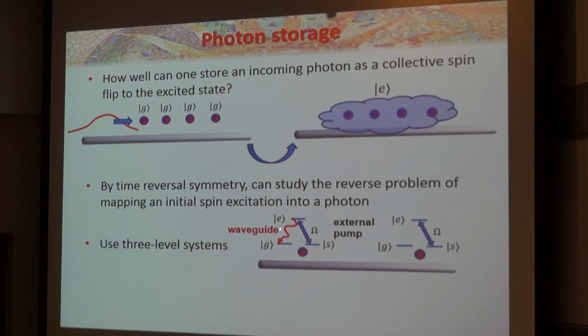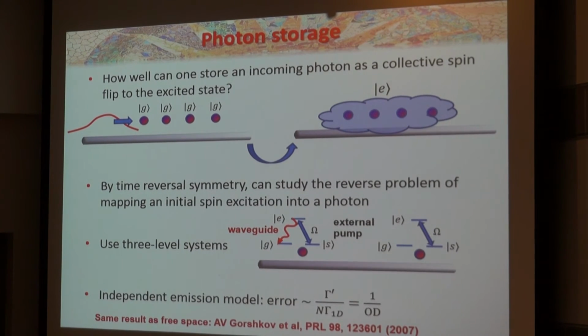And it's going to be coupled through some kind of external classical laser field with a Rabi frequency that I can tune. And so it doesn't really change the physics at all. So for example, you could start with one atom. So I have n atoms, three-level atoms. I start with the system in a superposition of one atom being in the state S, but I don't know which one. I turn on the pump field, and that S state will leak into the excited state and then leak a photon into the waveguide or leak a photon into free space.